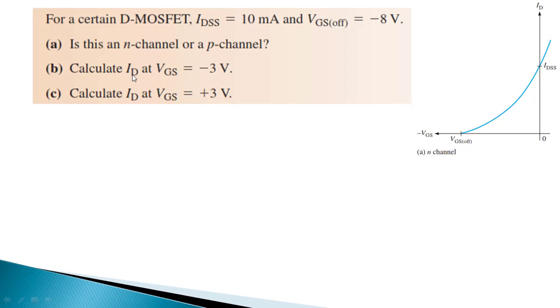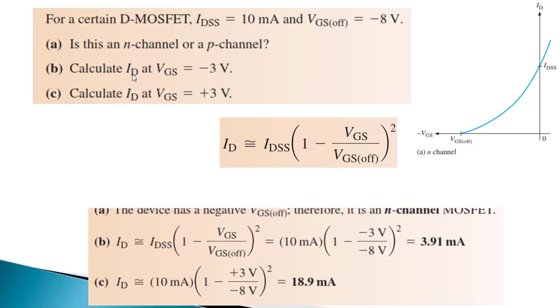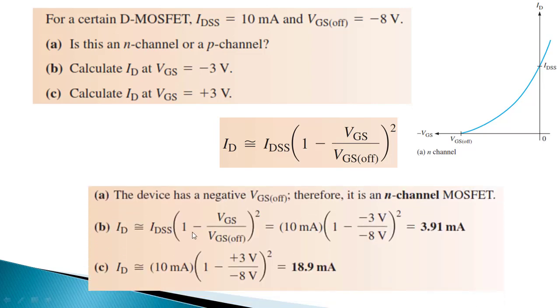And calculate the ID. The previously used expression is ID is equal to IDSS into (1 minus VGS divided by VGS off) whole square. So directly we are substituting IDSS as 10 milliamps, and calculating the ID for VGS equal to minus 3 volt. So minus 3 volt divided by VGS off equal to minus 8. So that ID is equal to 3.91 milliamps. So in this region,